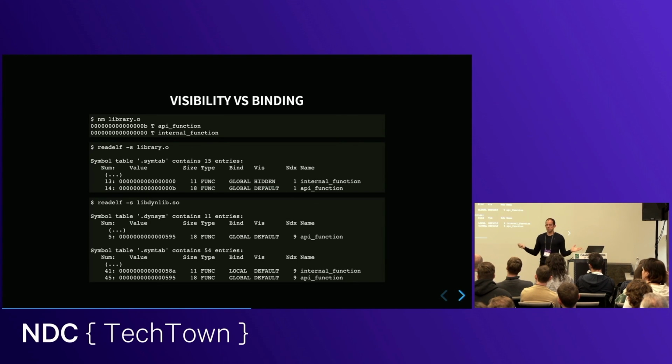But why? Why do I have two symbol tables? Because all the info is in here, right? Everything is in the normal symbol table. So why do I duplicate half of that information in another symbol table? The reason is that symtab is used for static linking, and dynsym is used for dynamic linking, and